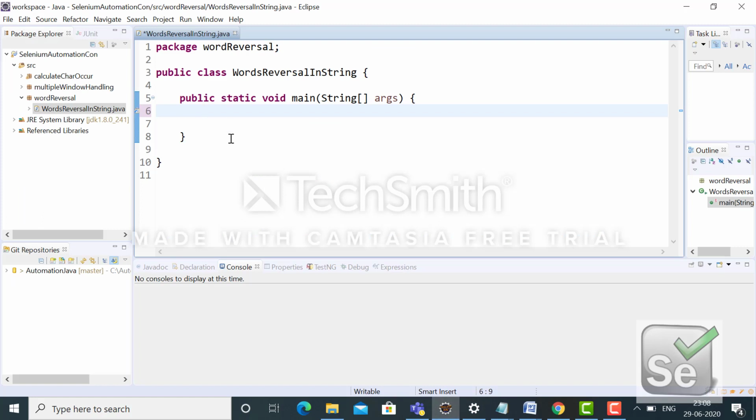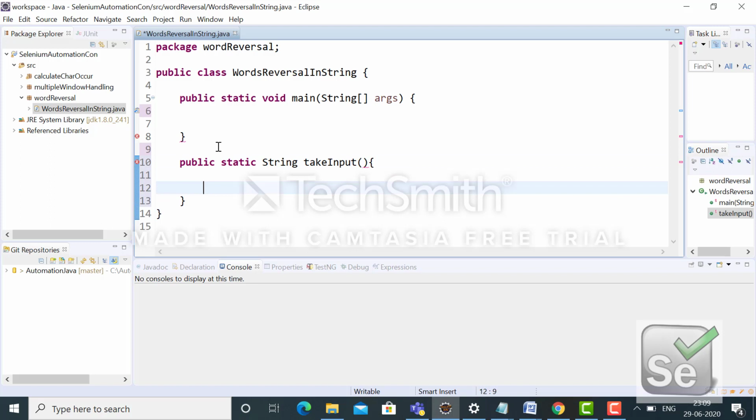Okay, so here let me create one function, and the function return type will be string, as I will return the string after taking the input from the console. So here I will use the Scanner class.